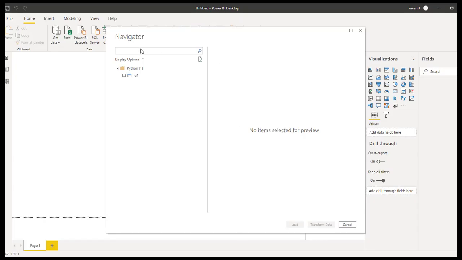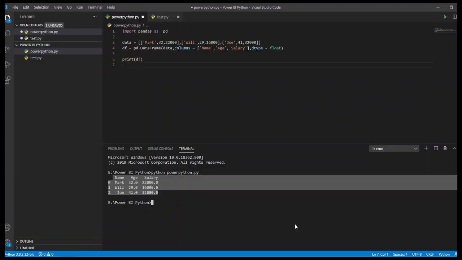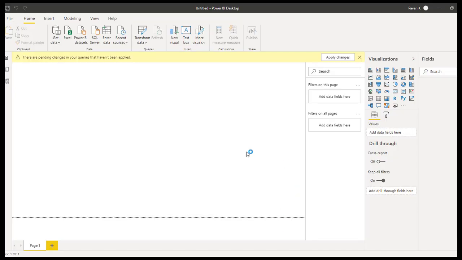Now we'll see the data frame here. Select the data frame, and this is the data. Click on load. You can see the data is loaded here.